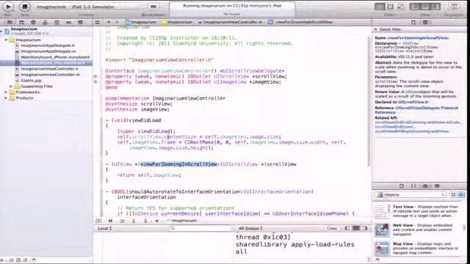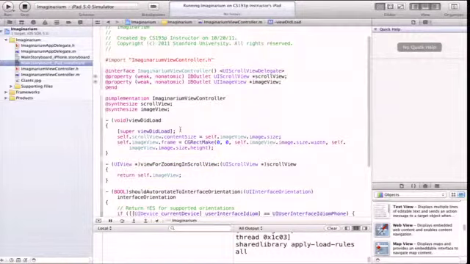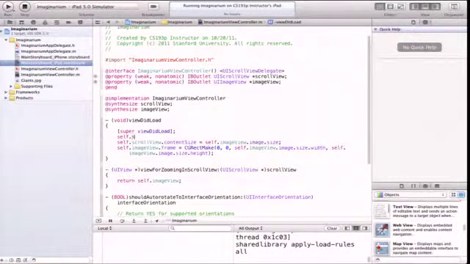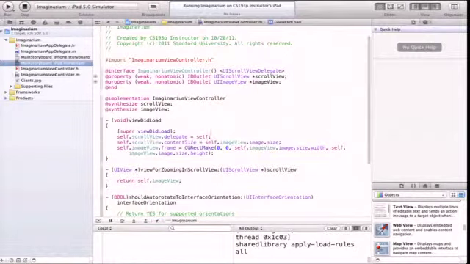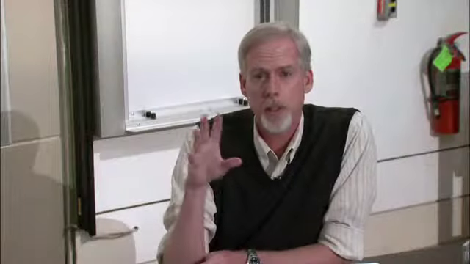Now, there's 2 ways to do it. We can actually do it in the storyboard, or we can do it in code. Okay, I'm going to do it in code right here in viewDidLoad. I'm going to say self.scrollView.delegate equals self. Okay? Why do I do it in code versus doing the storyboard? I think it's a little more obvious that we're acting as the delegate when we set it here in the code, especially since we're setting other scroll view things like the content size here. I think it's a little clearer, but I'm going to show you how to do it in the storyboard too,